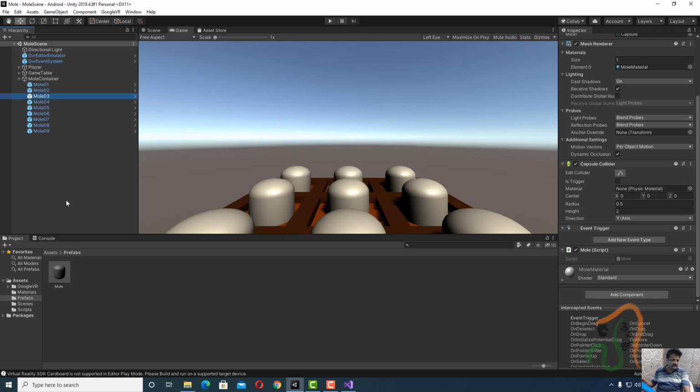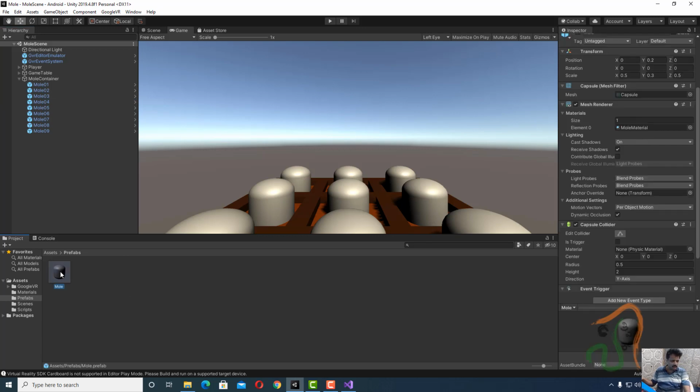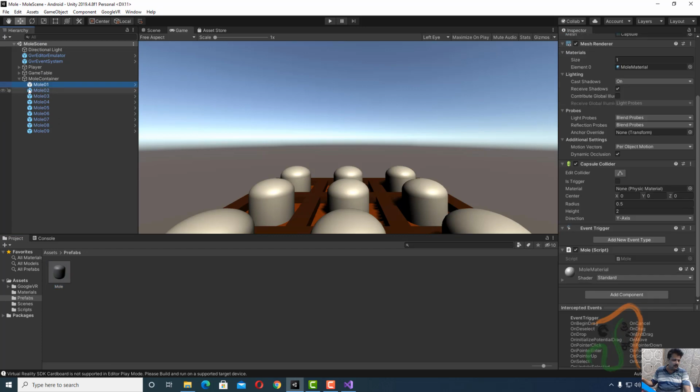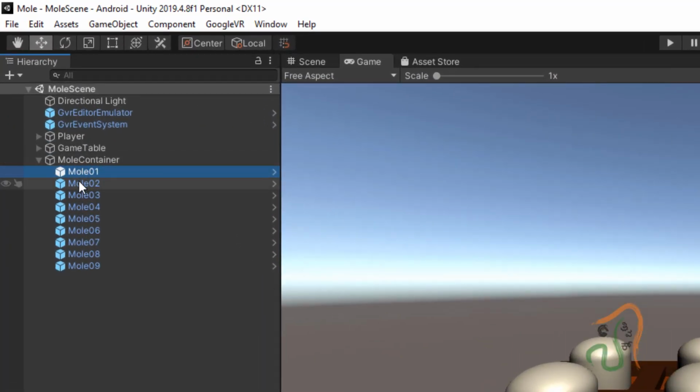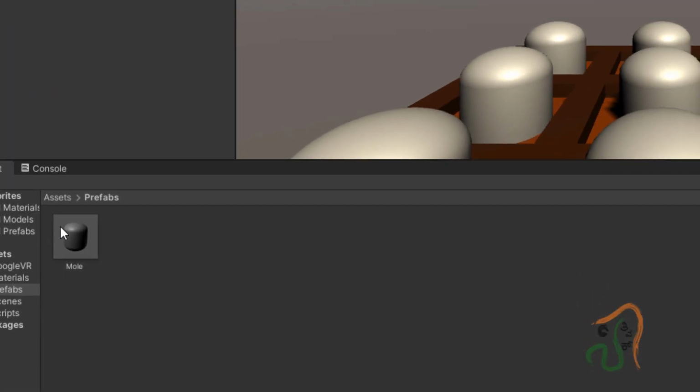So after this, again select this mole from the prefab, not from the hierarchy. If you select from hierarchy, whatever modification you do, it will be applied only to that one particular copy. But if we want to apply it to all the copies here, come to the assets prefab folder and select the mole.